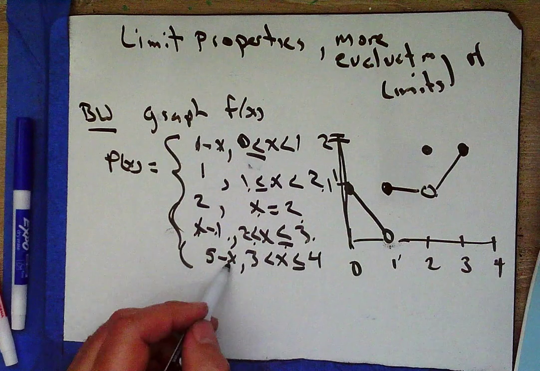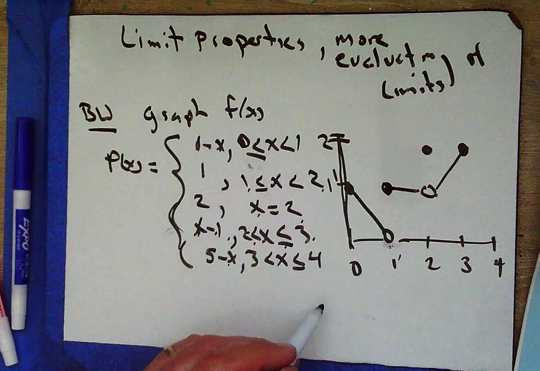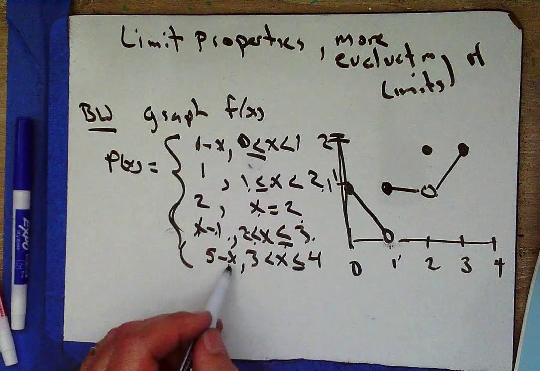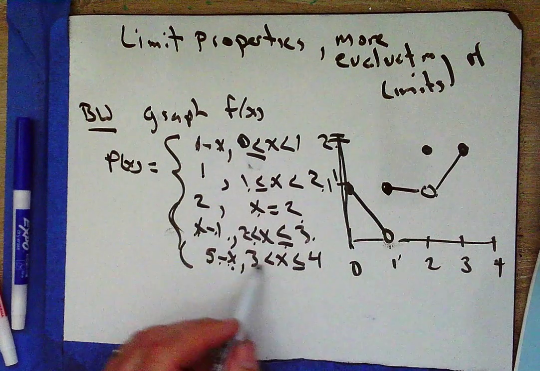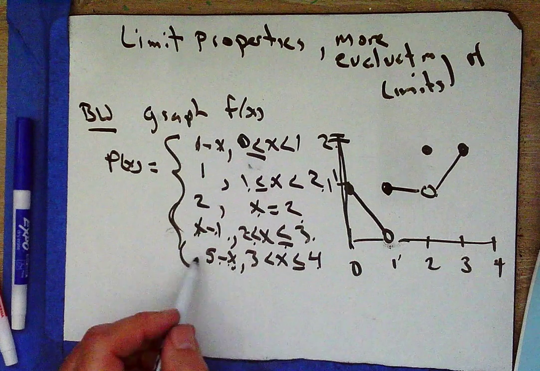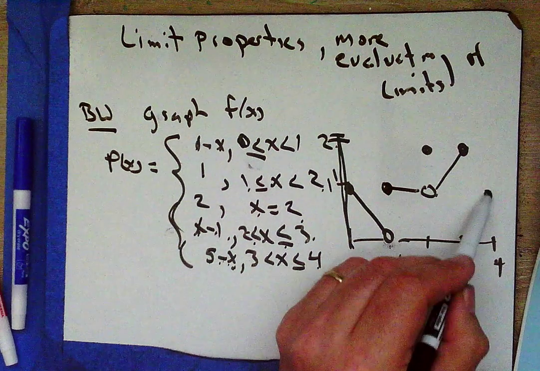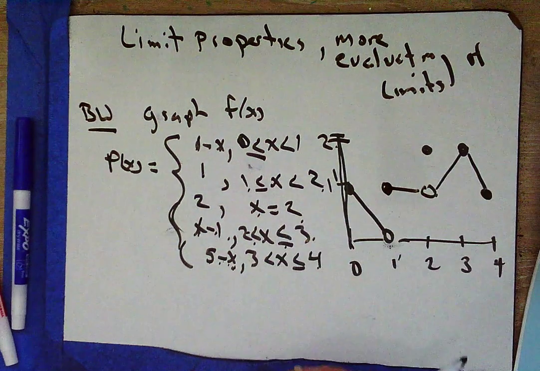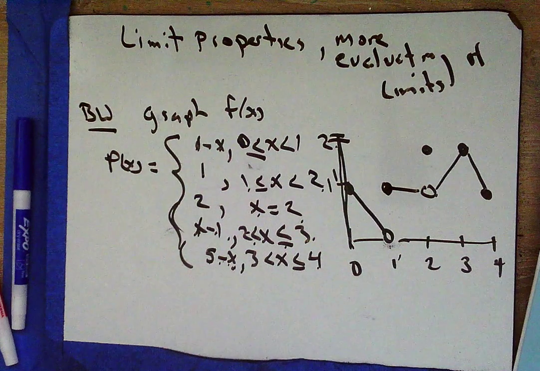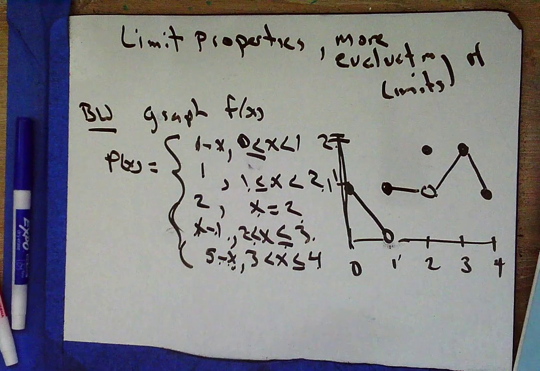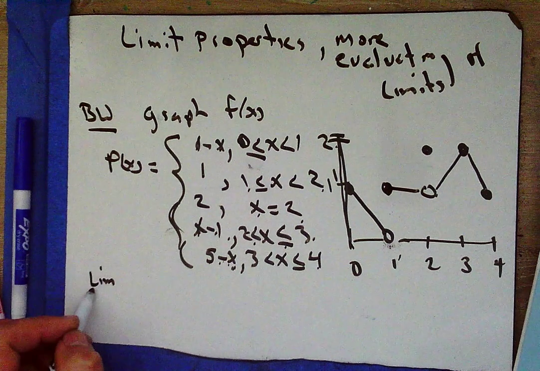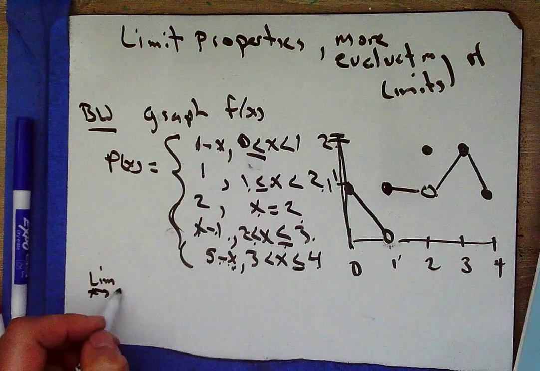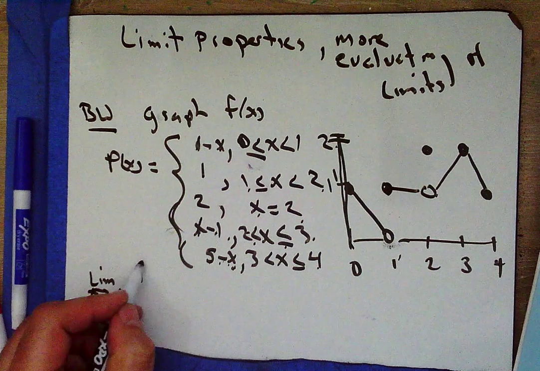And finally, 5 minus x for the x values between 3 and 4. If I plug a 3 in there, 5 minus 3 is 2. Good, that's that point. If I plug a 4 in there, 5 minus 4 is 1. So I'll go back down to here. So there's my graph of f of x. Good? Okay, so now that we have this graph, what's the limit as x approaches 1 from the positive side